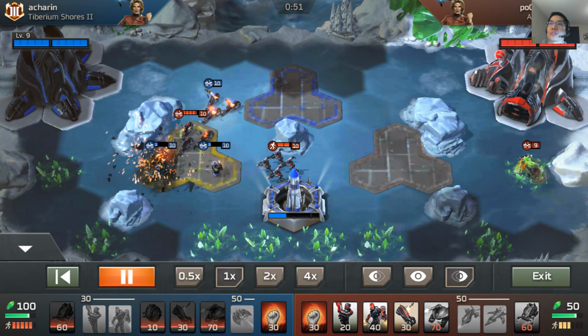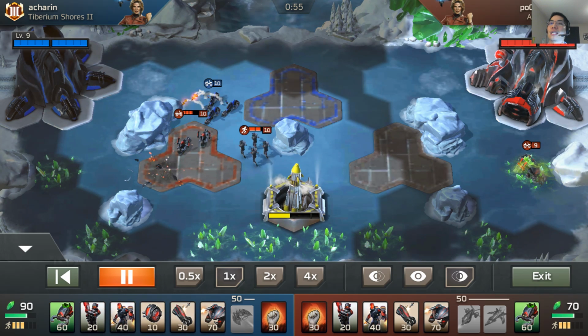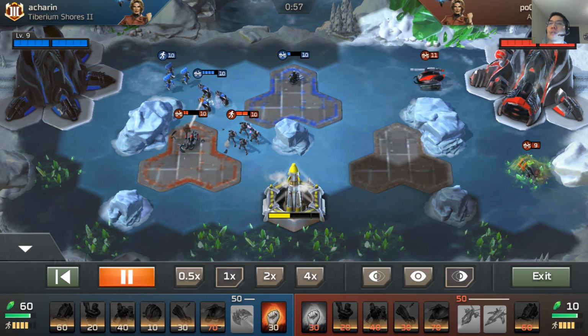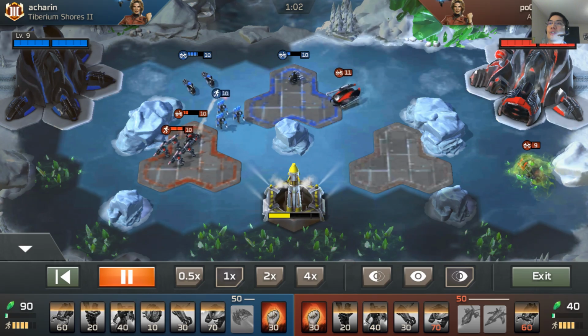So bang, there goes the cyber wheels, right? 1, 2, 3. I'm just cleaning up the mess on the bottom so I can engage his bike. I'm letting his cyber wheel live because it's not really going to do much against me. And I go ahead and try my best to pressure his harvester, and now I'm able to roll out